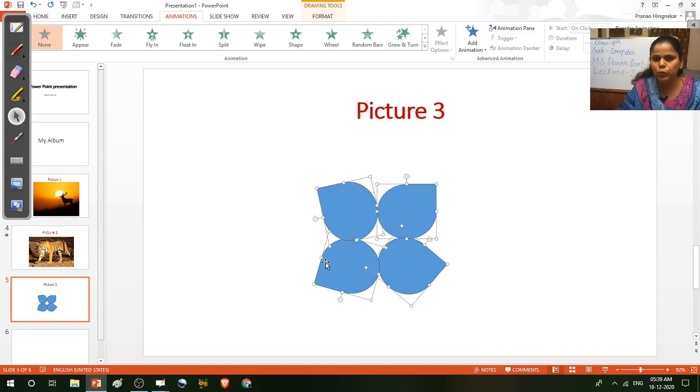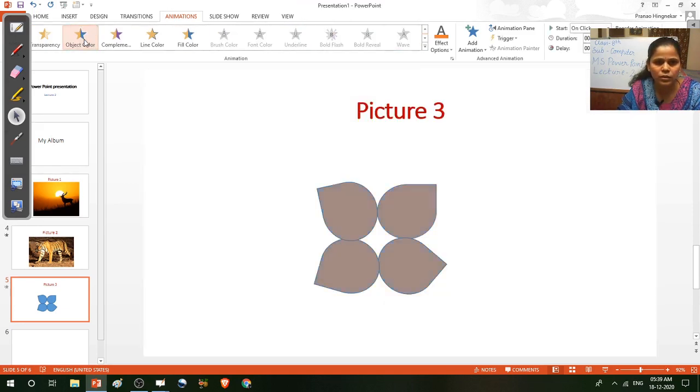So in this way you can select multiple objects and click any specific option of the animation, and then you can set any time duration. Okay, and then at last press the F5 key for a slide presentation.